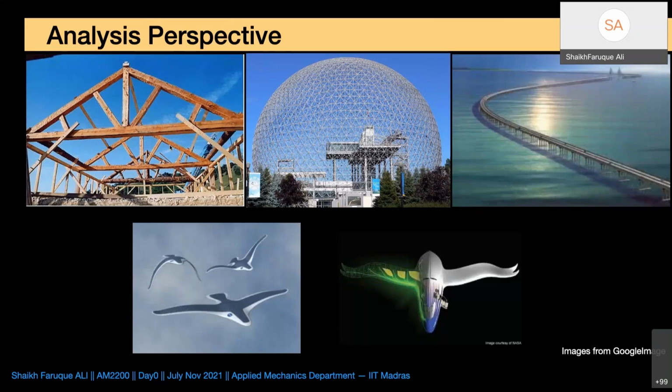Similarly, you can see another structure here, a long span bridge. There are a lot of long spans here, and then the flexible structures, right? For an aeroplane like this, or the aeroplane shown in the last picture, how do you make structures flexible? How do you make aeroplanes fly like birds? So you have to make them more flexible.